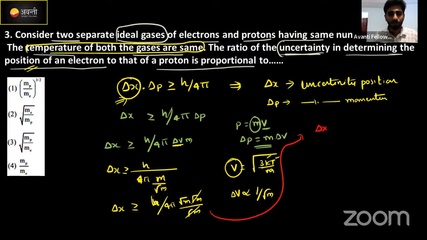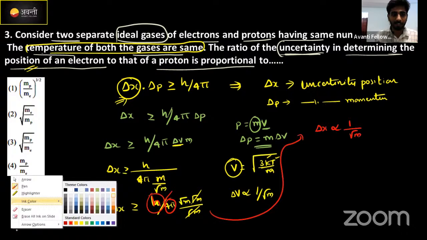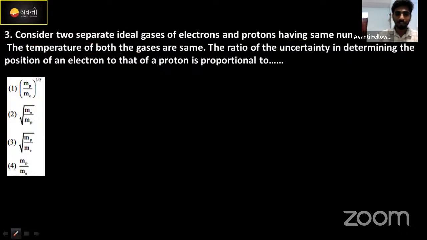Delta x value: h is constant, 4 pi is also constant. Then delta x actually depends upon 1 by, here h is the numerator, and here in the denominator is root m, correct? Delta x means uncertainty in position. It is depending upon the mass but inversely proportional here, not directly proportional, correct? Okay, suppose, I'm writing on the next page. What we got here, see: delta x value is proportional to